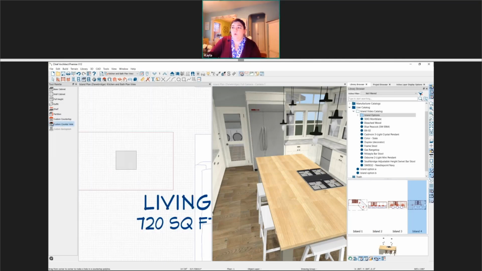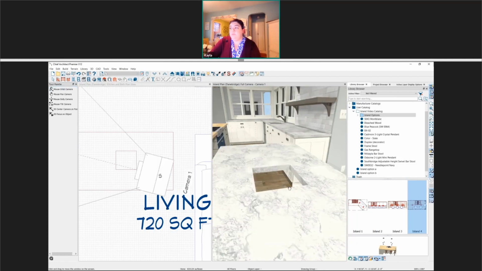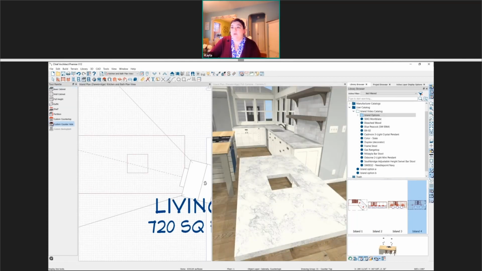So you can draw a hole in the middle of it, and then that hole can be edited to whatever dimensions and shape you need. Or you can always start, just like with the countertop, by using basic CAD tools and converting that over to a hole in the polyline. Does that help answer that question?